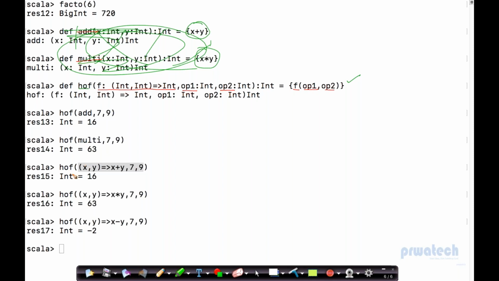Now, instead of using ADD or multi, subtraction was not even there. What is the benefit? I can do that, that's one thing. How is another part, but what is the benefit? If I use this thing, what is the benefit? Because when I